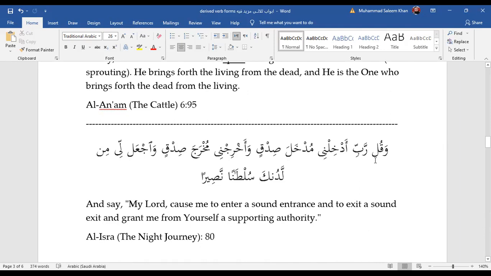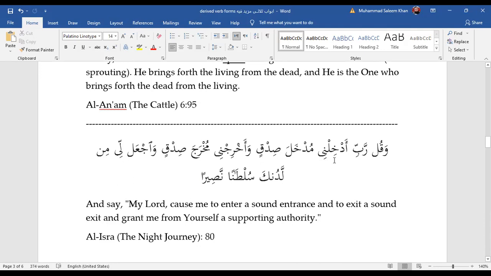Qul is fi'l al-amr, and we haven't learned the weak forms of the verb. This is basically from yaqulu, qala yaqulu. Inshallah we will learn it, so let's leave it. Rabbi, what form is this? Mudaf, mudaf ilayh. And why is it translated as my Lord? Ya al-mutakallim is used a lot, so because of frequent usage, the ya gets dropped. This is basically ya Rabbi. So what is left is Rabbi, and the translation is my Lord.